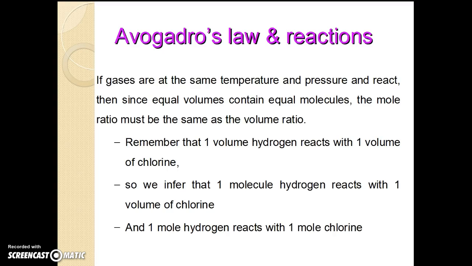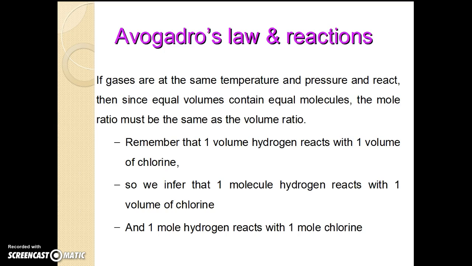Here is a brief video that will relate Avogadro's law to reactions of gases at the same temperature and pressure. Now we have to remember that equal volumes of gases at the same temperature and pressure contain equal numbers of molecules. What that means is that if, say, 3 moles of one gas react with 1 mole of another gas,